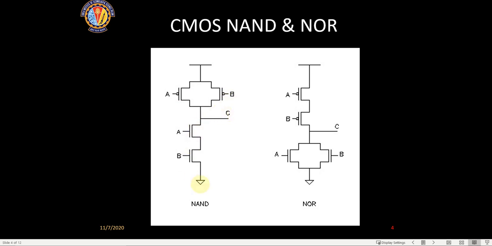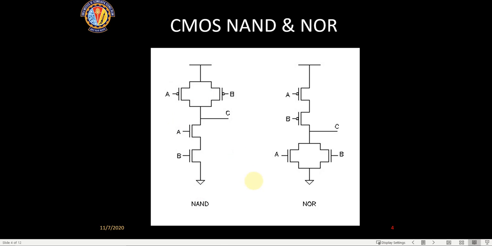If you see, in no condition will VDD get directly connected to ground. In all 4 conditions you will find that there is no direct path between VDD and ground. This is the beauty of CMOS logic. You might learn subsequently in your microelectronics, or maybe in the last week if I get one class, I will talk about BJT based circuits, in which there will be a direct path between VDD and ground.